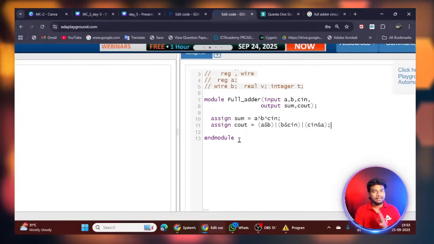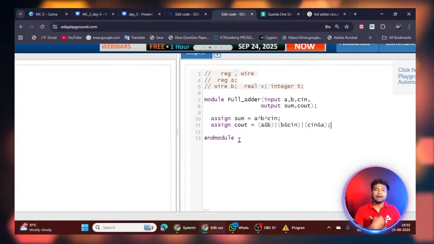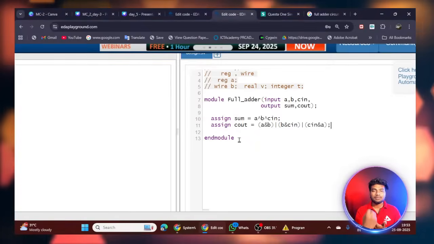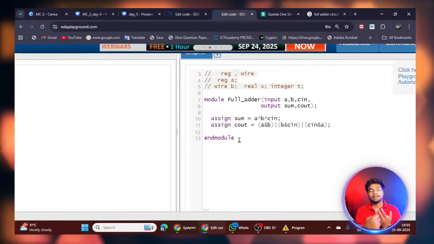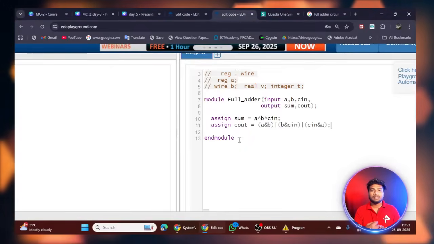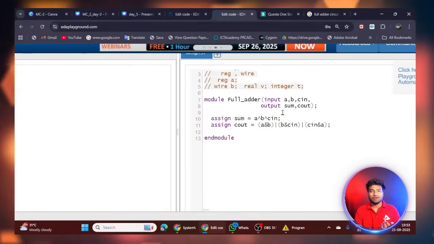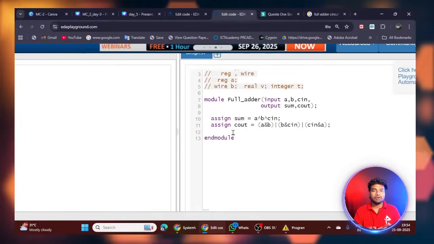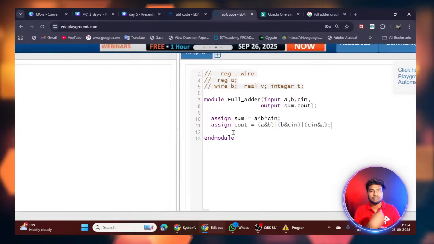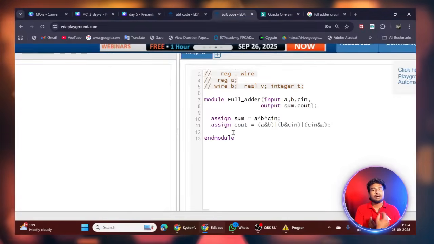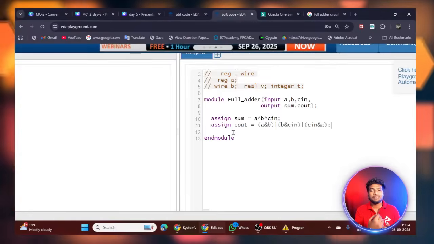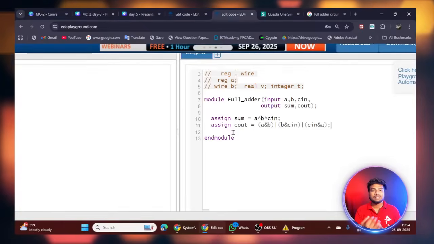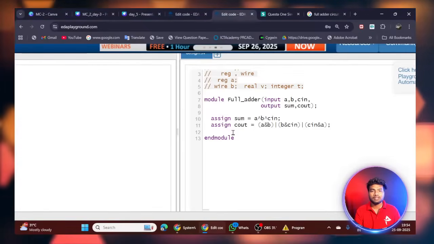A test bench is nothing but another module. From that module I can pass the input to my design code. The design code will get the input from the test bench, apply it to this equation, this logic, and get some output. That output is then given back to the test bench. In the test bench I am writing some display statements, $display and $monitor. From those statements I can see the resulting output. Okay, this is how it works.